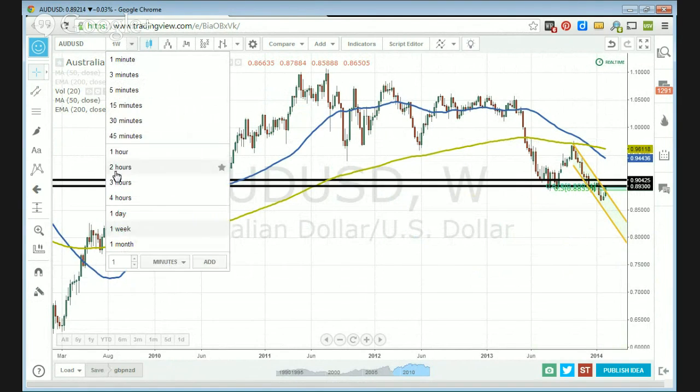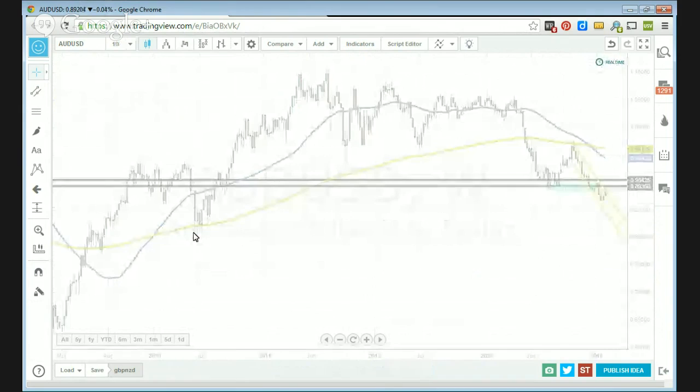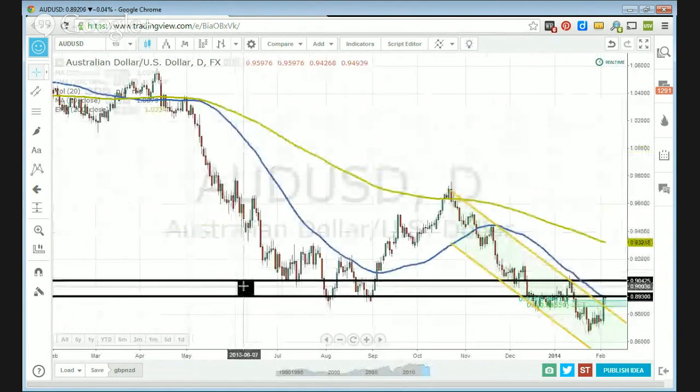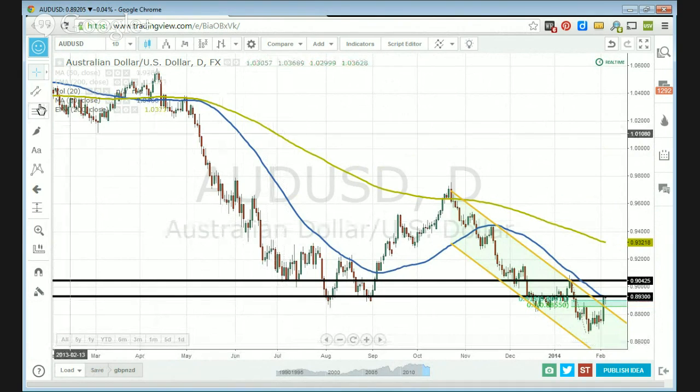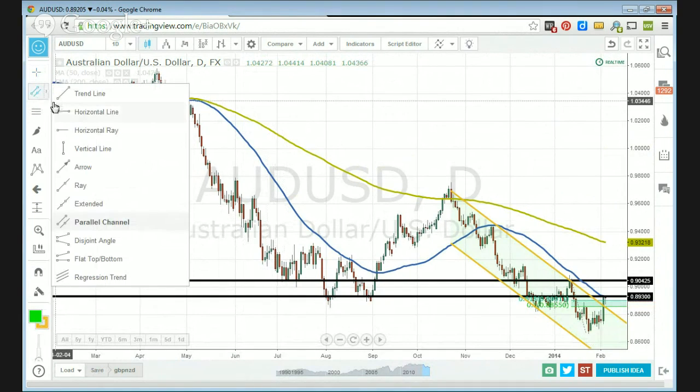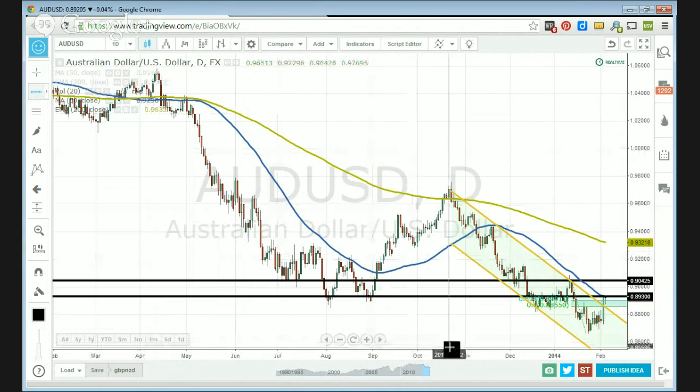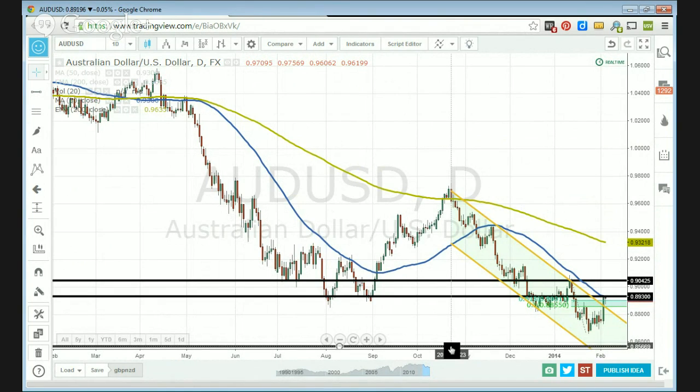Let's see. Let's go to the daily. This isn't that useful. Okay. Well, let's add a horizontal line. Okay, so that's at, and that would give us, if we enter at 89.30,